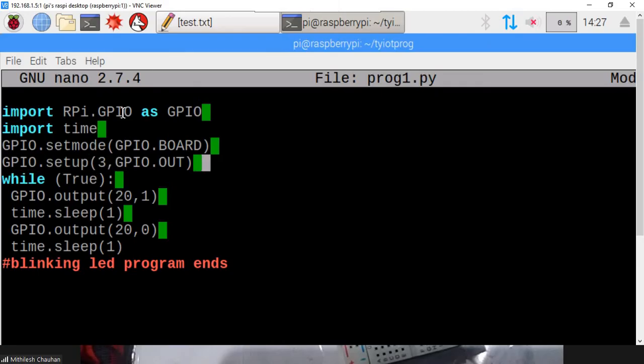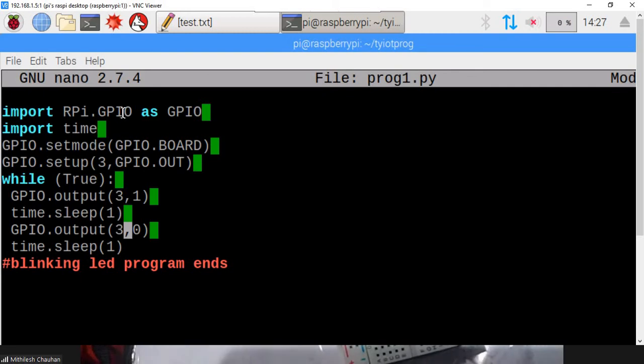Next is an infinite loop with the help of a while loop. And the first signal that I'm going to send on my Raspberry Pi pin number 3 is 1. 1 means on. So you can write on instead of 1. Then we have a delay of 1 second, and again on pin number 3 I'm sending a signal 0, which means off.